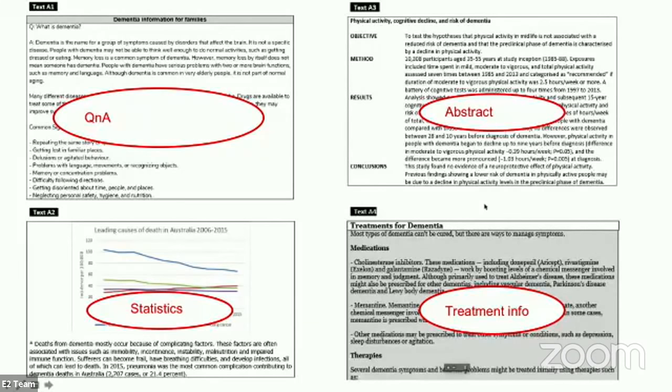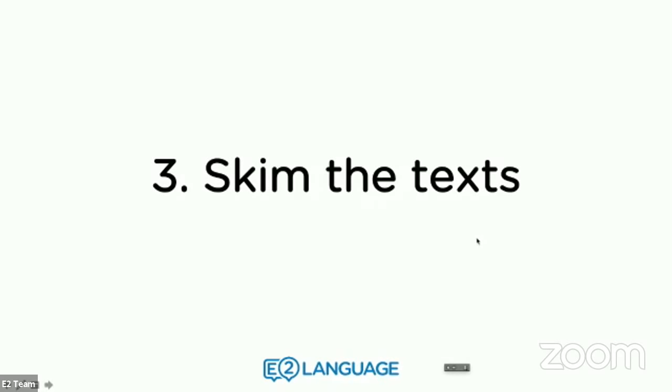Cool. That should only take you like 20 seconds, right? So let's say we're 25 seconds into our reading part A. What we've done is identified the title or the theme of the 4 texts, and now we've identified the texts themselves, which leads us to step number 3. We need to skim the text. What I mean by skim